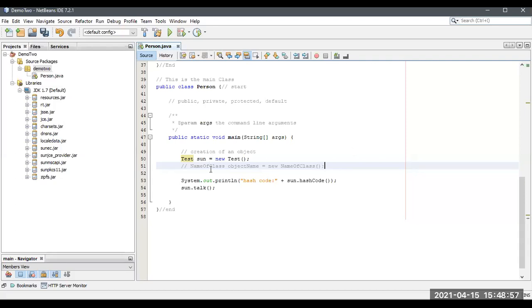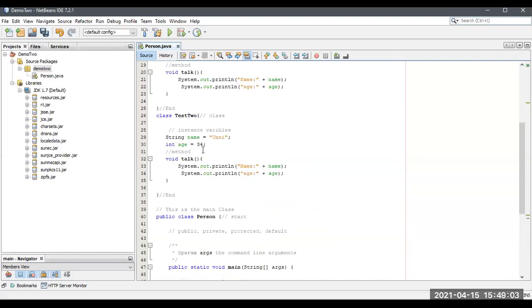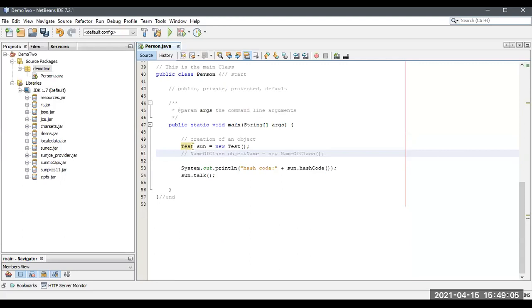This is a declaration of an object. How to declare an object? In this way. Initially, we decide which class we are going to create an object of. This is a class. I created an object with the name son, and there is a keyword new, and there is Test. It is essential to create an object of Test.